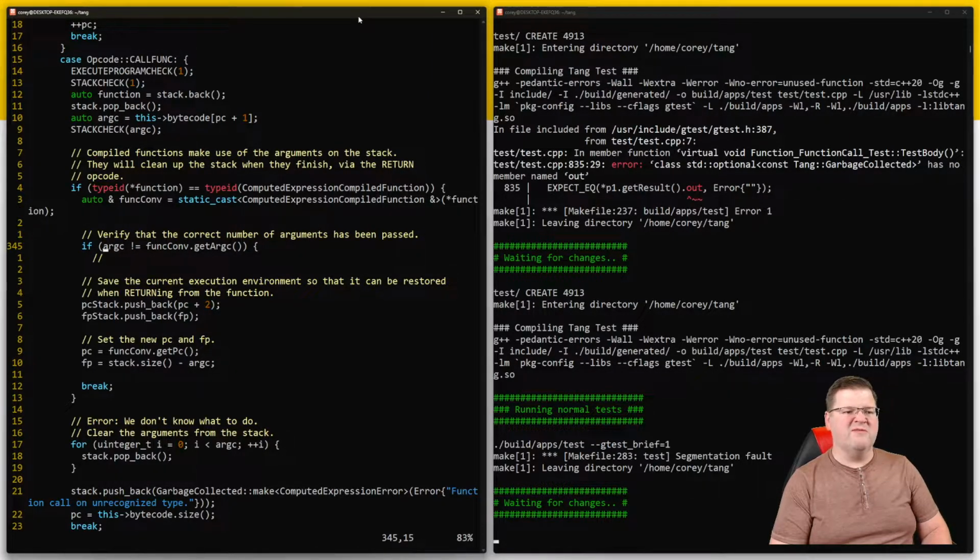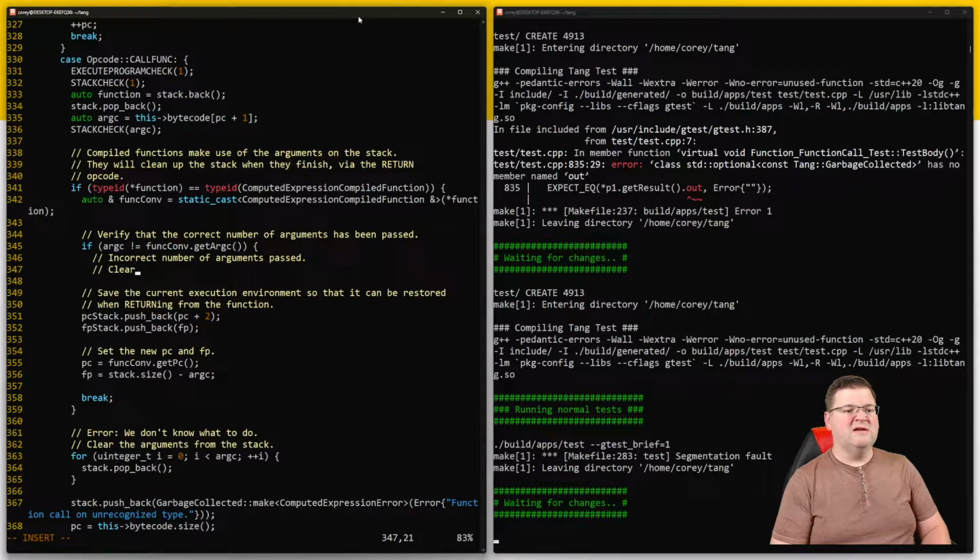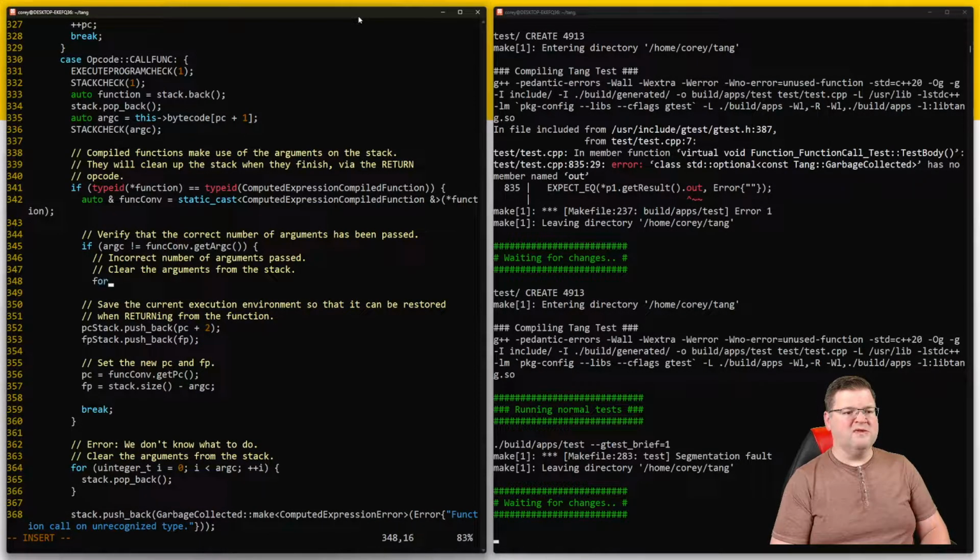Verify that the correct number of arguments... well, yeah, we can. Okay. Incorrect number of arguments passed. Clear the arguments from the stack. So to do that, we'll say for